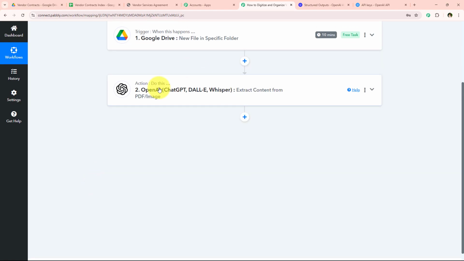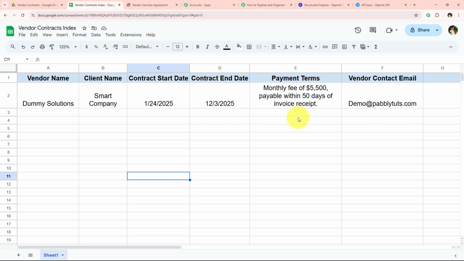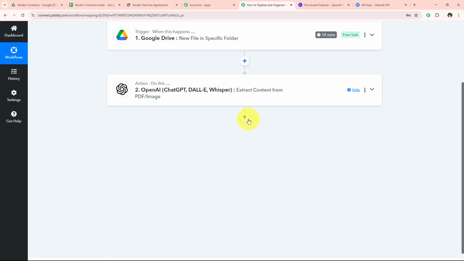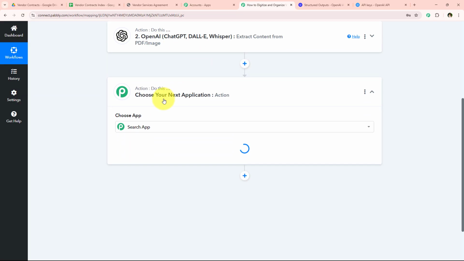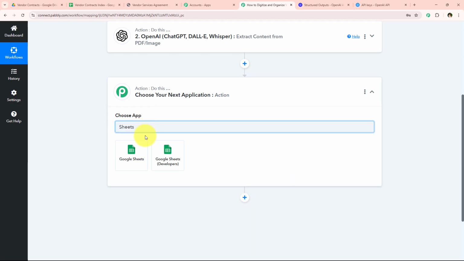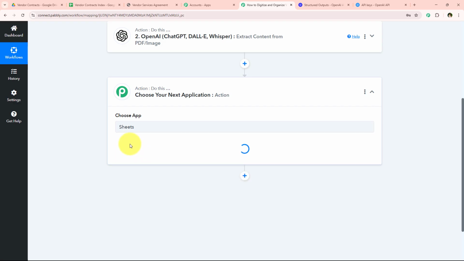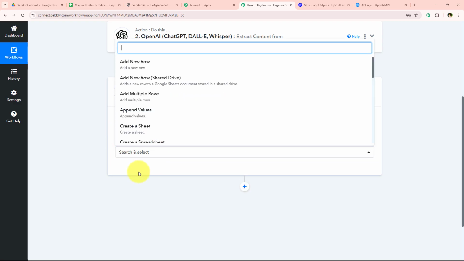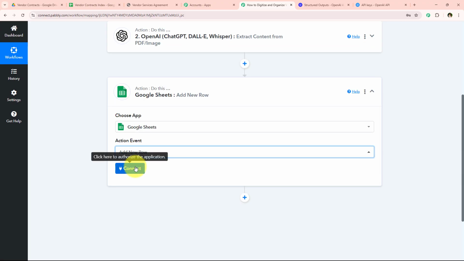And now I'm just going to add these details right over here in my spreadsheet. And to add these details, I'm just going to add another action step. And now for the action application, I'm simply going to select Google Sheets. So I'm just going to search for Sheets and select it right over here. And now for the action event, I'm simply going to select add new row and click on this